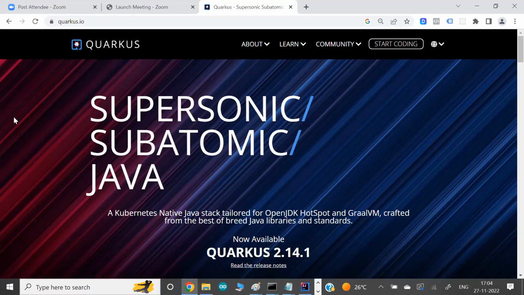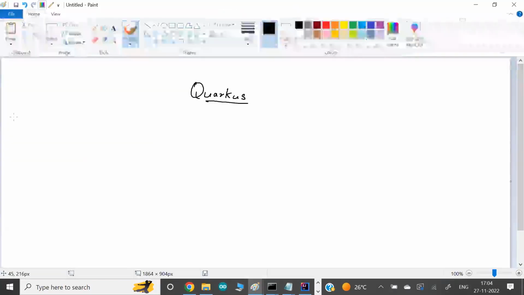Today, guys, we will talk more about Quarkus because setting up this tool is also very interesting. And after setting up this tool or this lab, on top of this we will build a lot of things. So this is one big plan for today. But before I start this topic,